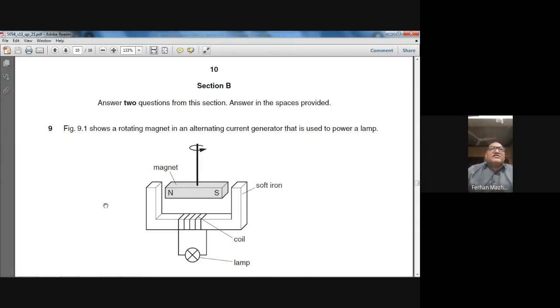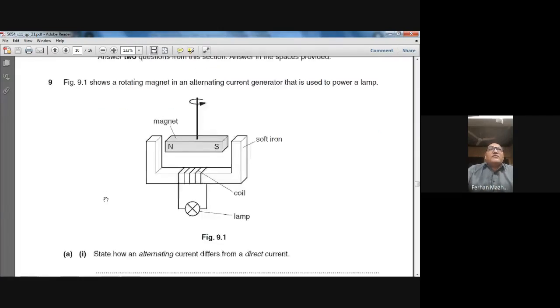Question number 9 is in front of you. Here we have a diagram shown. We have a soft iron core, and on it we have a coil, and the coil is connected with a lamp. We have a bar magnet here, and that bar magnet is shown rotating in the anti-clockwise manner. When this bar magnet rotates, electricity will be generated in the coil. The EMF will be induced, or current will be induced in the coil, and due to that, this lamp will